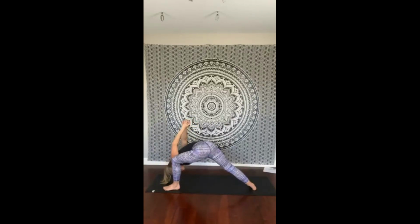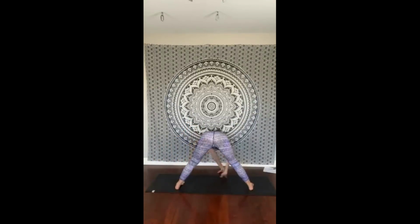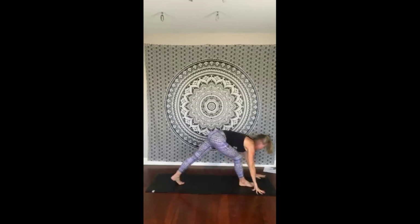Breathing here for 5. Head is heavy, neck is soft. Right hip back, left hip forward. 4, 3, 2, 1. Release your hands to the earth. We're turning right toes to the right mat, left toes to the top of the mat, and then stepping to